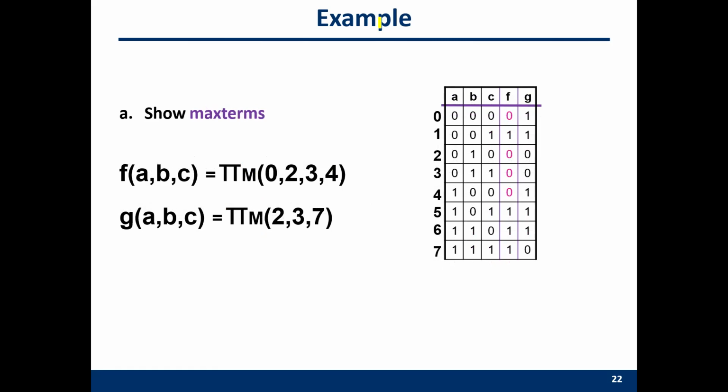For the same truth table, we can also write the functions g and f in max terms. How can we do that? We just pick up the rows which can generate a 0. So for f, row 0, row 2, row 3, row 4 generate 0. So we just write their max terms and